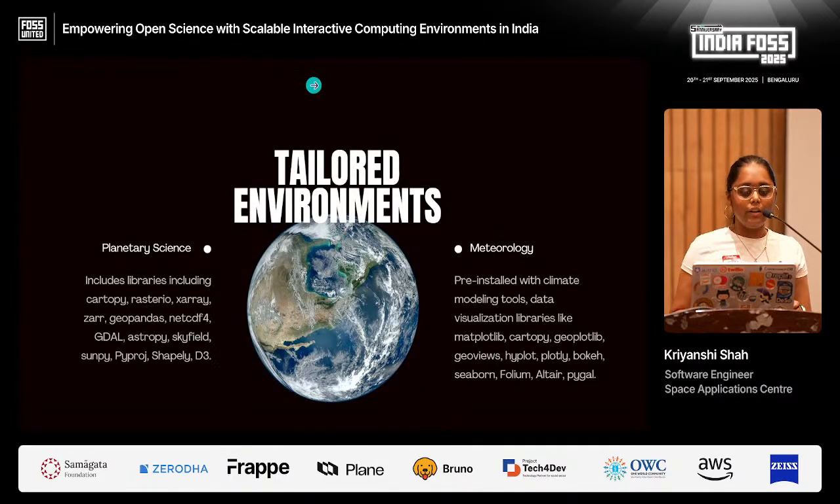For tailored environments, my main focus was on planetary science and meteorology. For planetary science, our custom Docker images contain Cartopy, Rasterio, xarray, Zarr, GeoPandas, NetCDF, and all the libraries, and GDAL, which is the hardest to install on air-gapped environments. I cried that night. Meteorology is pre-installed with climate modeling tools and data visualization libraries like Matplotlib, Cartopy, GeoPlotly, and